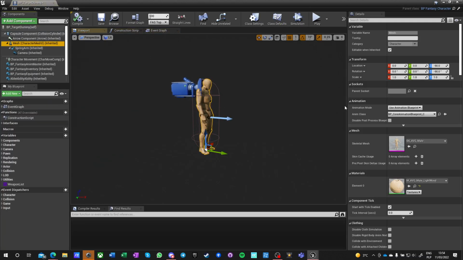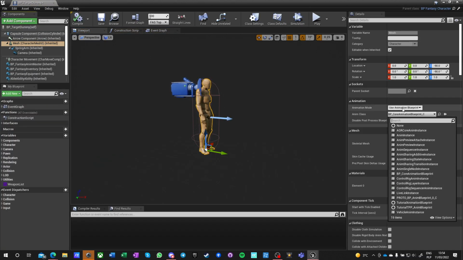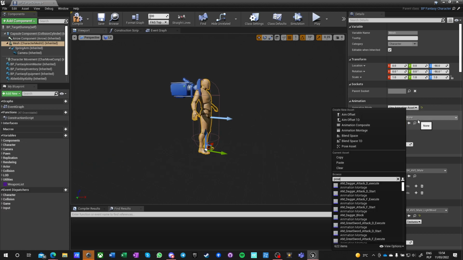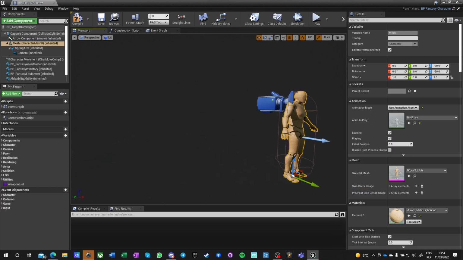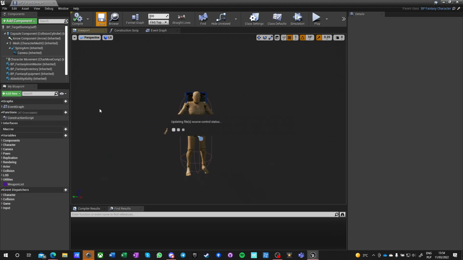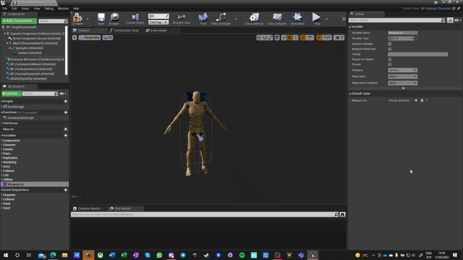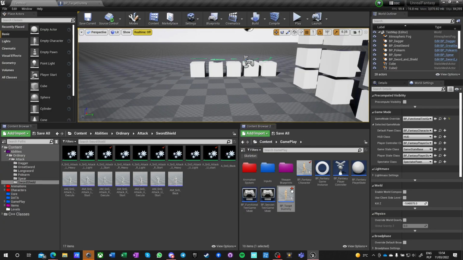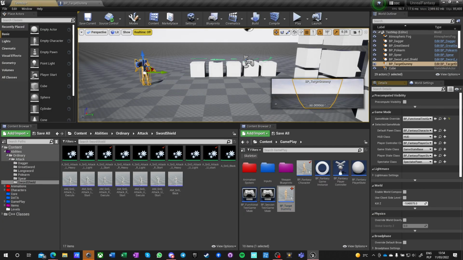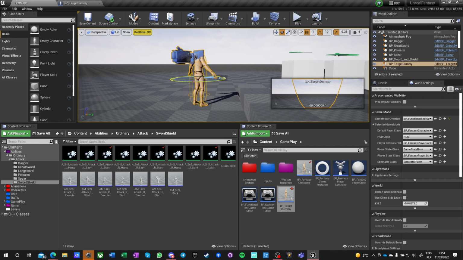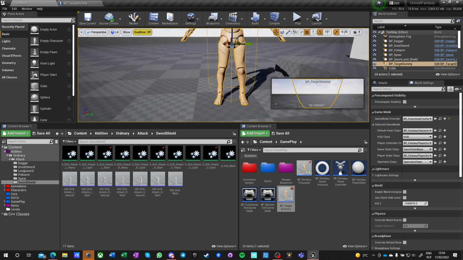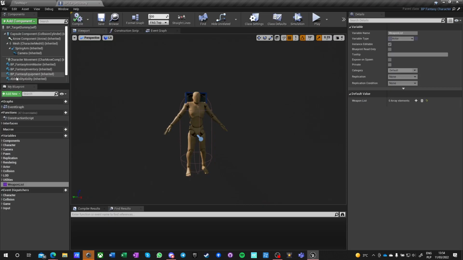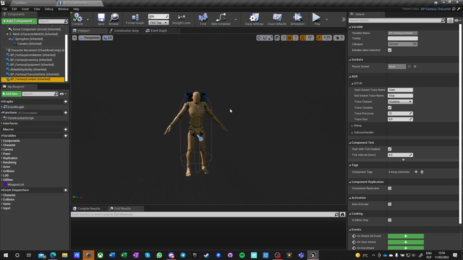And BP target dummy is going to just use a single animation, and it is this bind pose. Okay, and he has no weapons, and we want to just put him here. And target dummy, it has also the